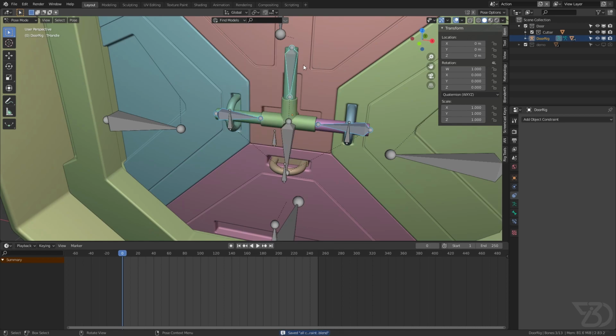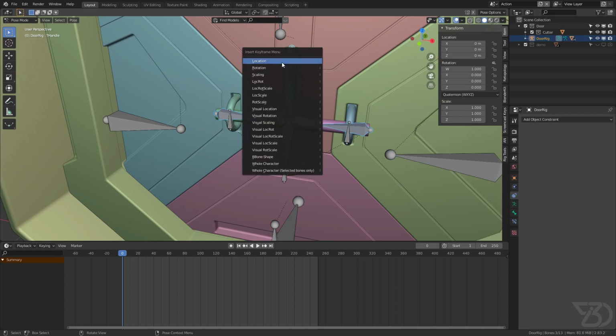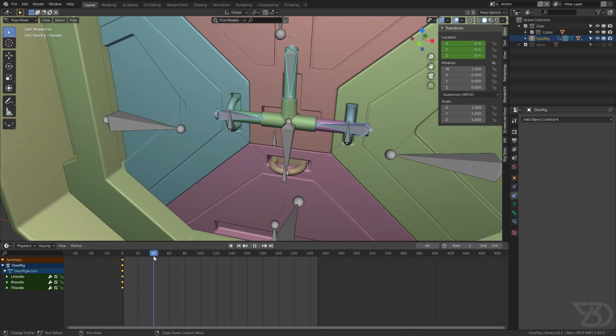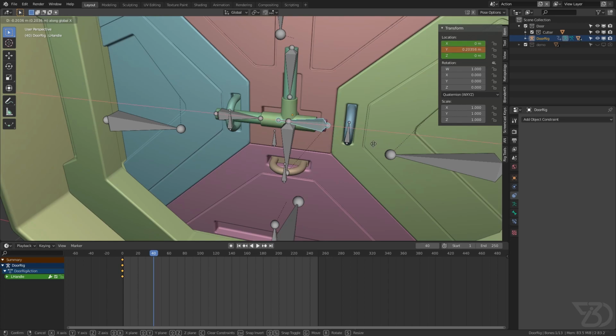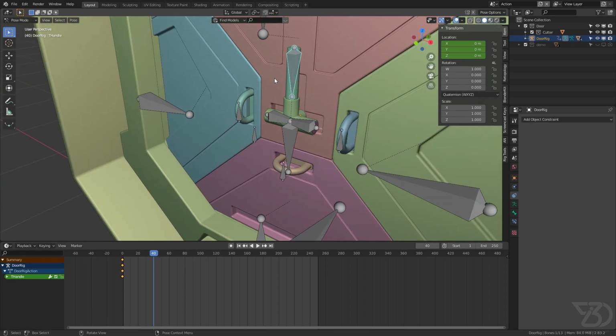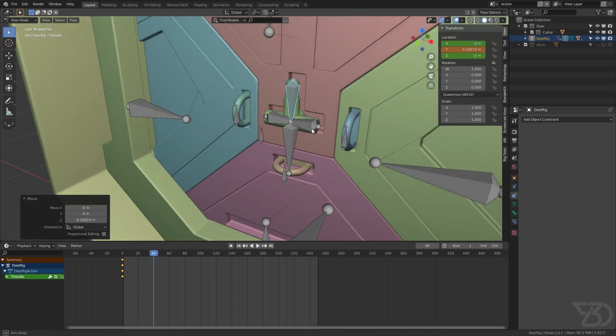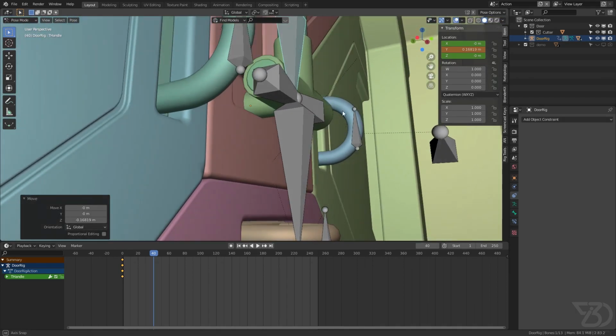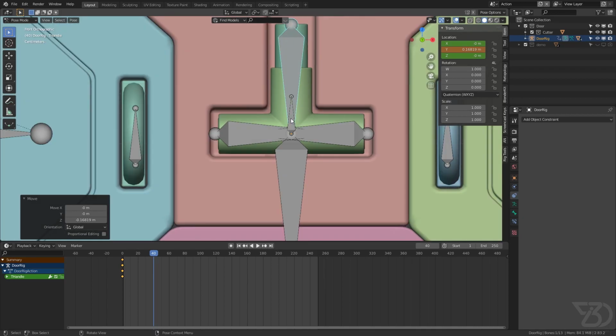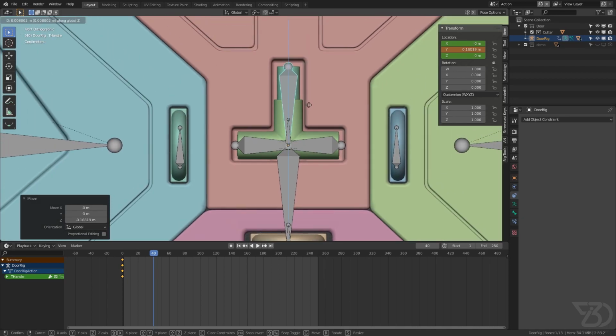So I will press I for location, and then over here I will push this one inside like that, and this one inside as well, and then I will insert a keyframe for this one as well around here.